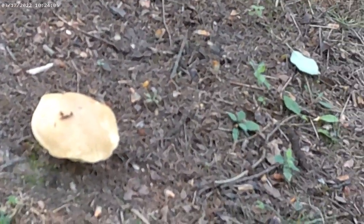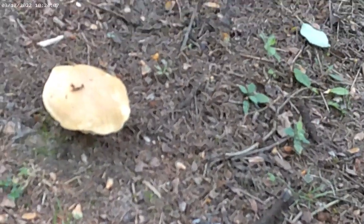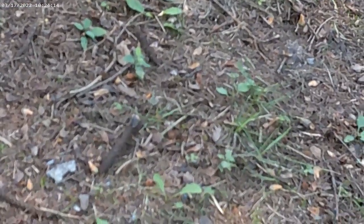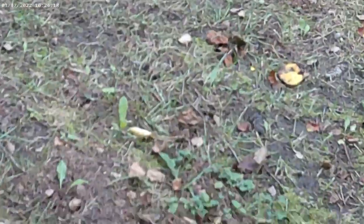So, if we find anything else, we'll be back. And we did find a very huge mushroom. Who was it that lived in the mushroom or under the mushroom? Wasn't there a rhyme or a nursery rhyme about...